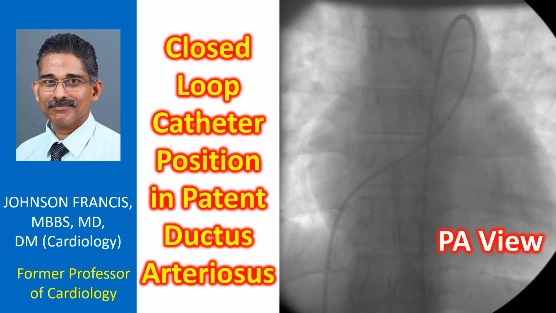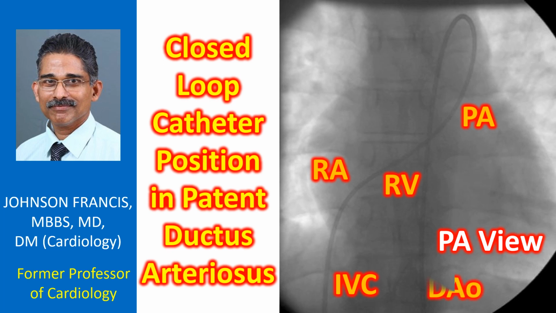Right heart catheter is seen passing from the inferior vena cava into right ventricle through the right atrium. From the right ventricle, the catheter passes into the pulmonary artery and then across the patent ductus arteriosus into the descending aorta. The position of catheter in the descending aorta is confirmed fluoroscopically by passing it below the level of